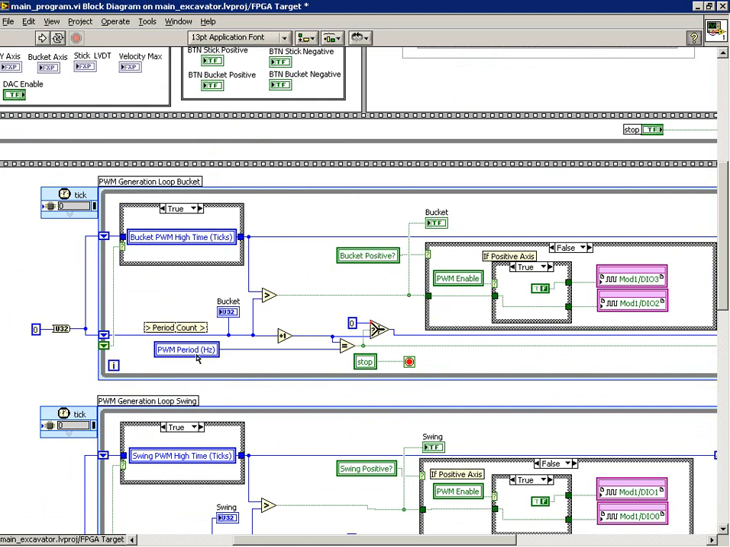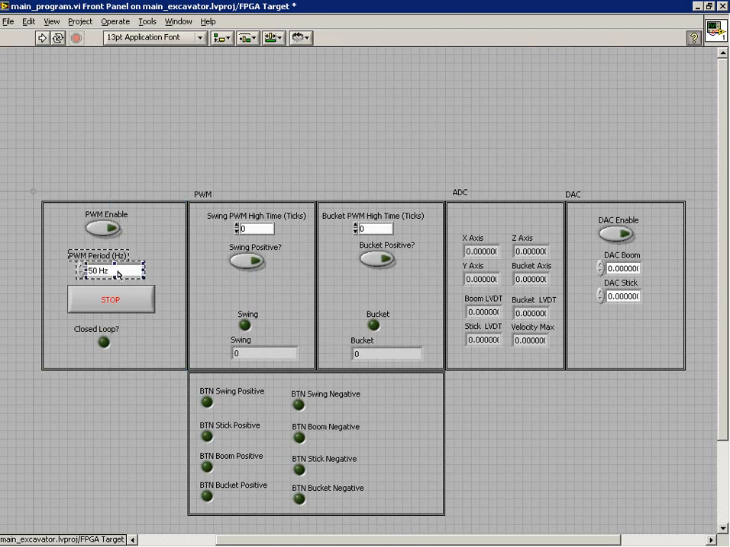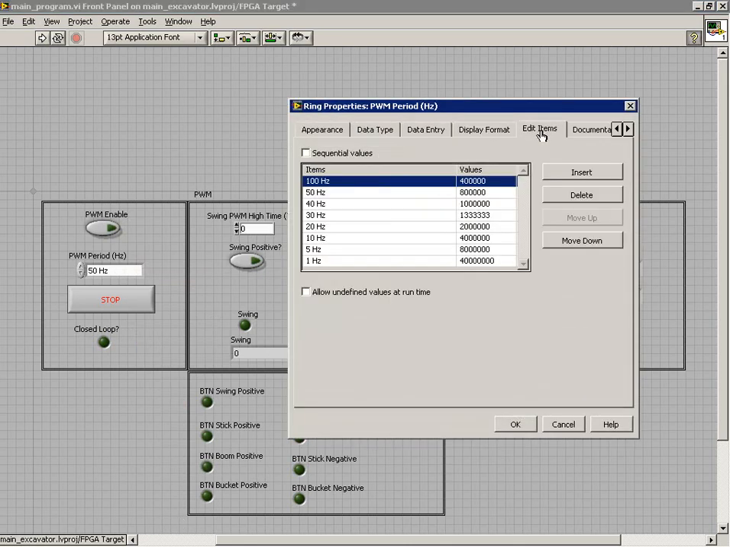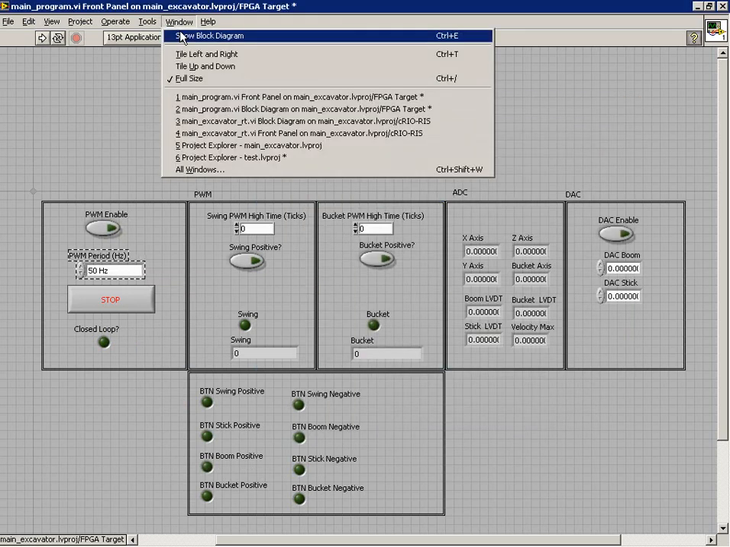Okay, at the beginning, you see you have the period, right? PWM period hertz. Here in this one, see 100 hertz, 40,000. 1 hertz, 40 million. Okay, it means that when you run,